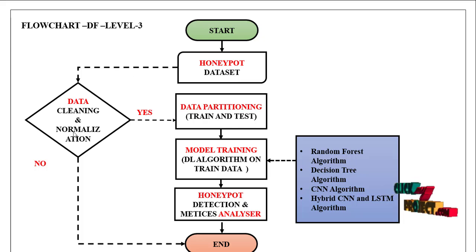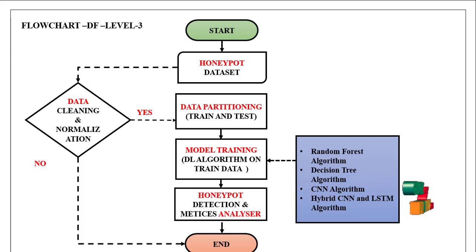First we move on to the data read, using the Pandas package. After that we move on to data cleaning and normalization, which means the data pre-processing steps. Pre-processing considers three methods: missing values, label encoding, and unnecessary rows and columns being removed. Once completed, we move on to the data splitting process,